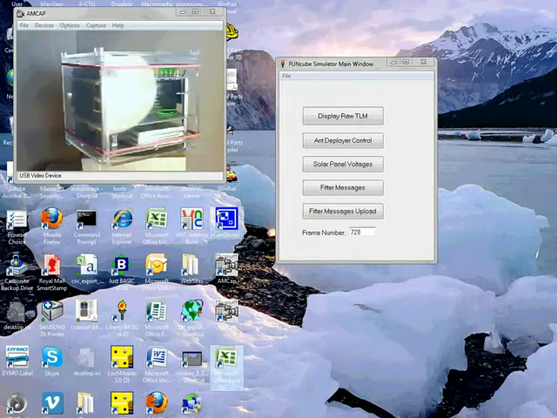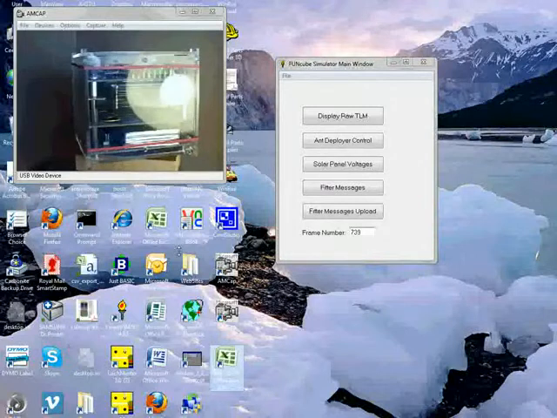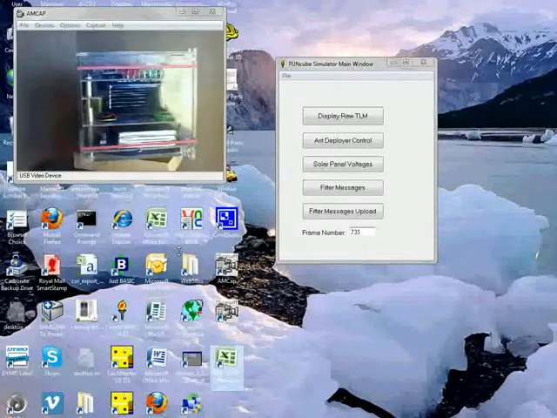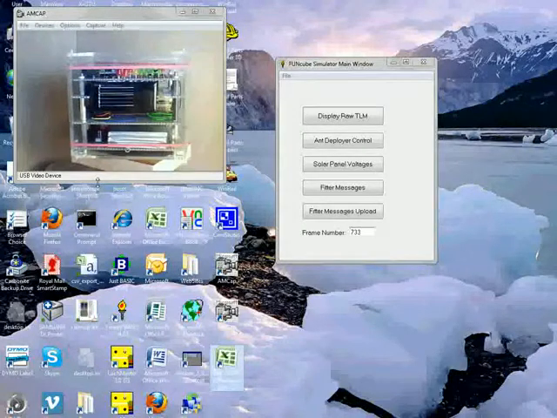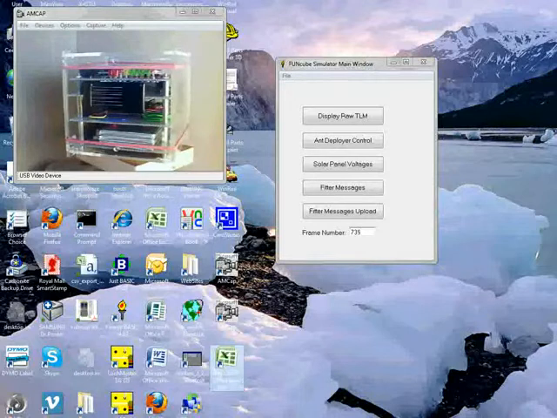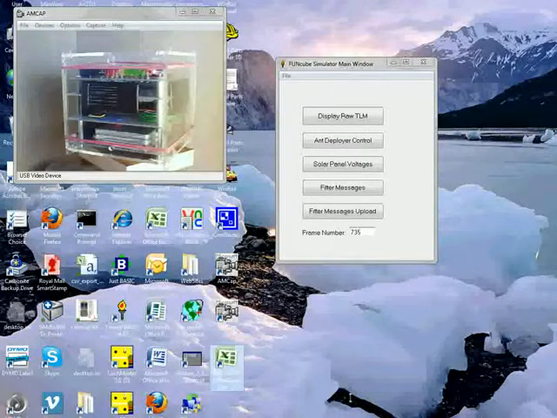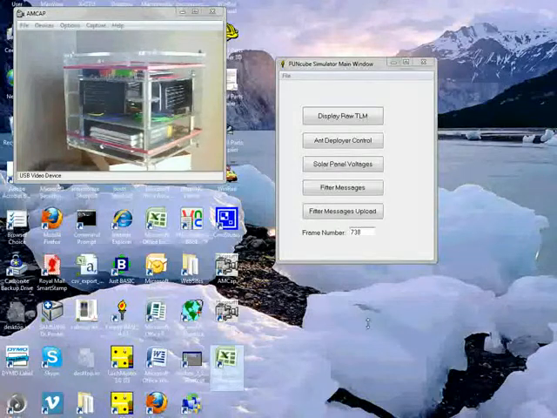Okay, so this is a little demonstration of reading the solar panel voltages from the FunSim while it's rotating. If you can hear a whirring noise in the background, that's a rather Heath Robinson turntable